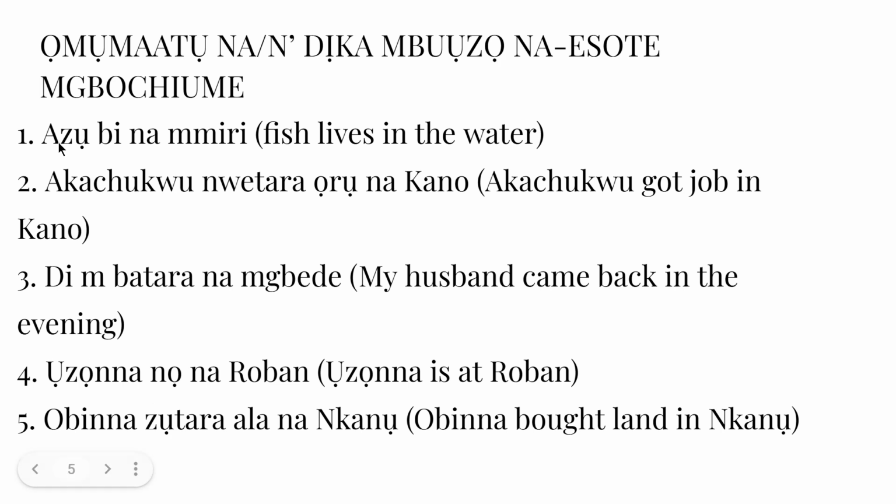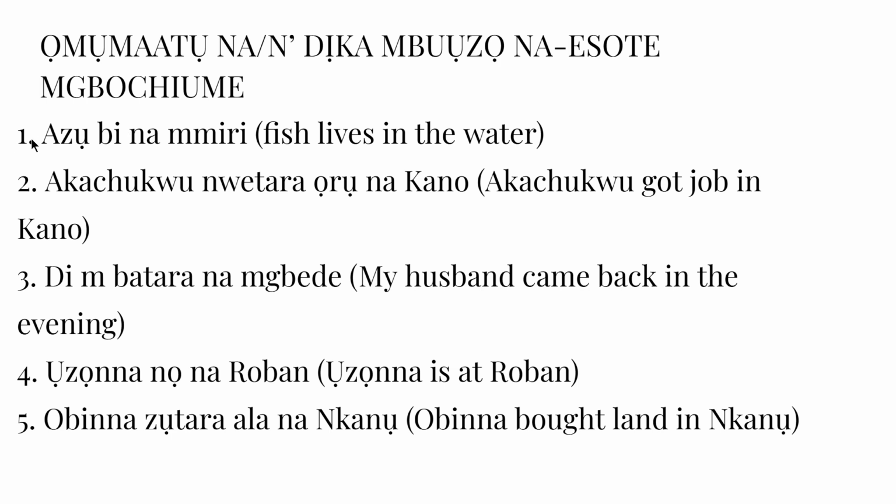Here, when you are talking about a preposition and the examples you are giving show that you are talking about time, a place, what happened, where it happened. Now, once you say na and the first letter of the word that is following na starts with a consonant, that na will be written as N-A, na. Nothing will be removed from it. It will be written in full. Do you get what I explained now?